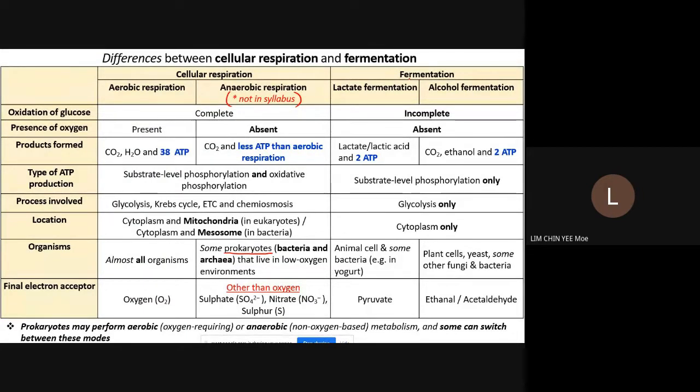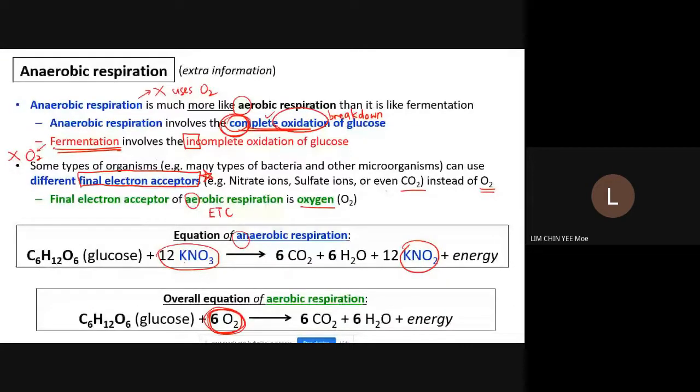Okay, something extra for you to know. Class, dalam sel kita ada je sel yang hanya buat lactate fermentation in our body. Okay, in our body there's this cell that only do fermentation, lactate fermentation, and that's the red blood cell. So write it down somewhere in your notes. Okay, I tak ada ruang yang kosong. So just jot down somewhere, maybe on the first slide. First slide yang ada comparison aerobic dengan fermentation tu, you boleh tulis red blood cells